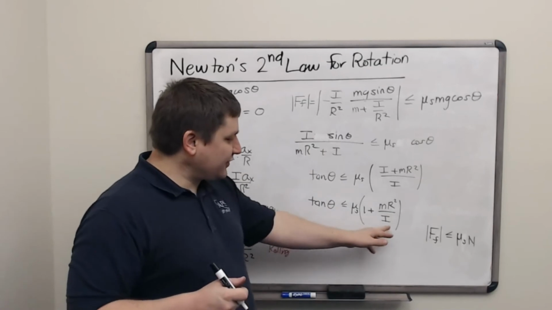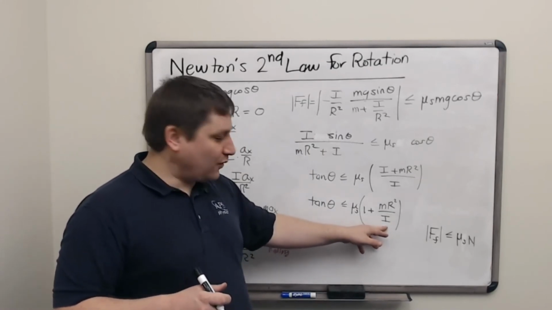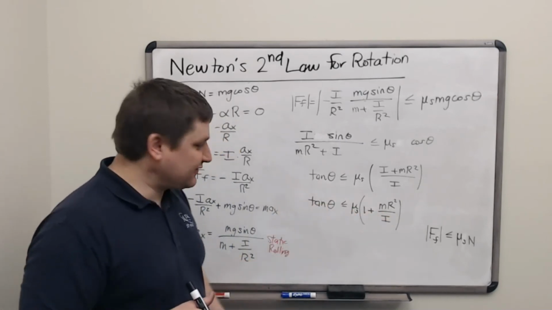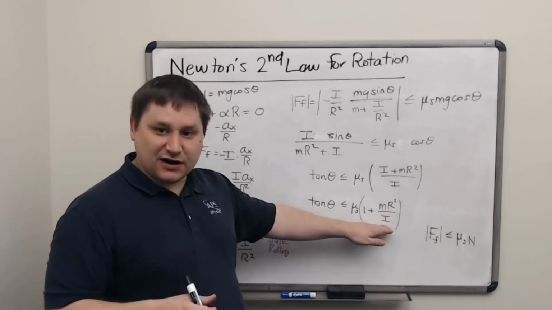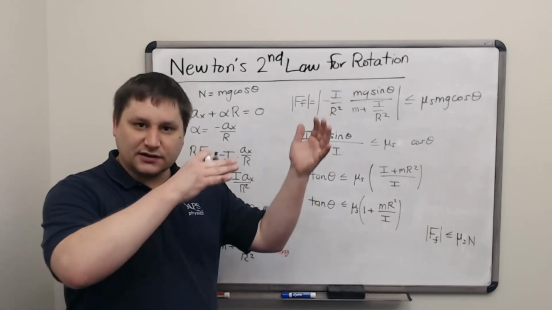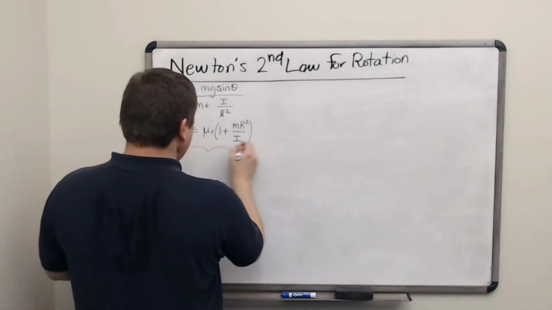If the moment of inertia is pretty small, like for a disk or something where it's 1/2 mr squared, then this is going to make this thing in parentheses much bigger, and it's going to be much easier for that object to move down the incline without skidding. So this stuff here was for